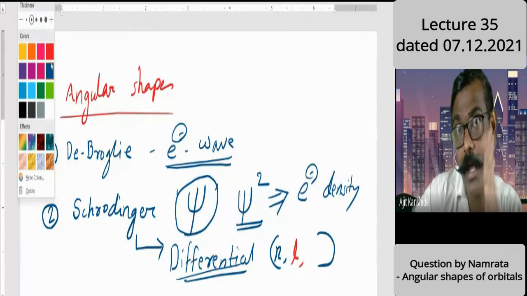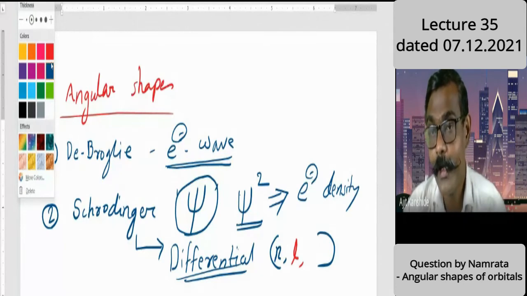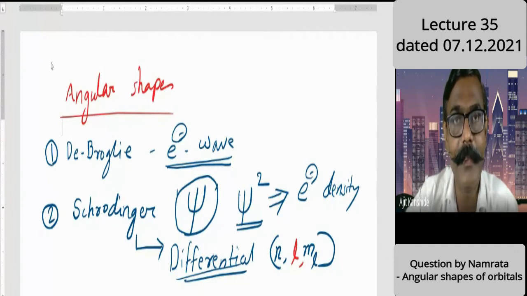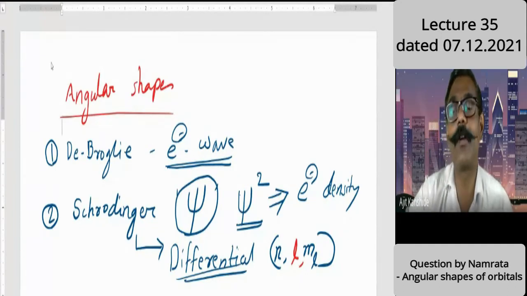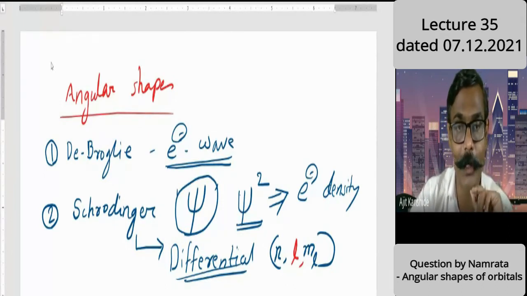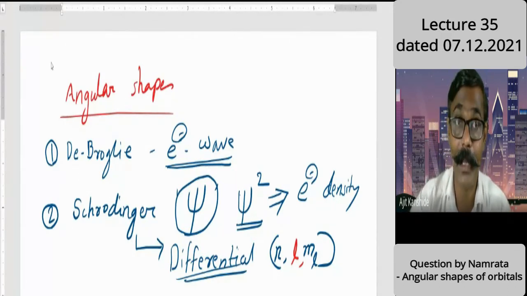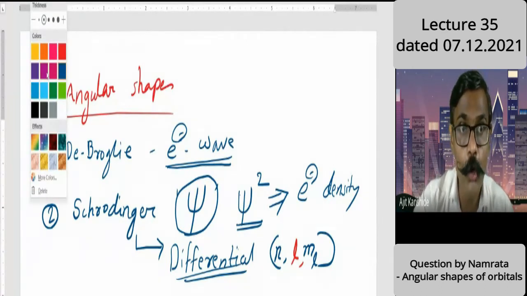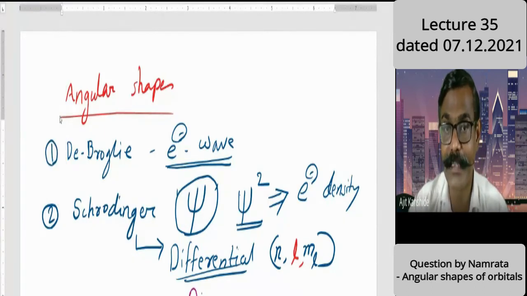That is related to the azimuthal quantum number. And more correctly, the question of Namrata is related to the third quantum number, ML, called the magnetic quantum number. One time I had a discussion about all 4 quantum numbers. But regarding the development, Schrodinger could describe that, but when Dirac, the name of another scientist, came to know the limitation of Schrodinger